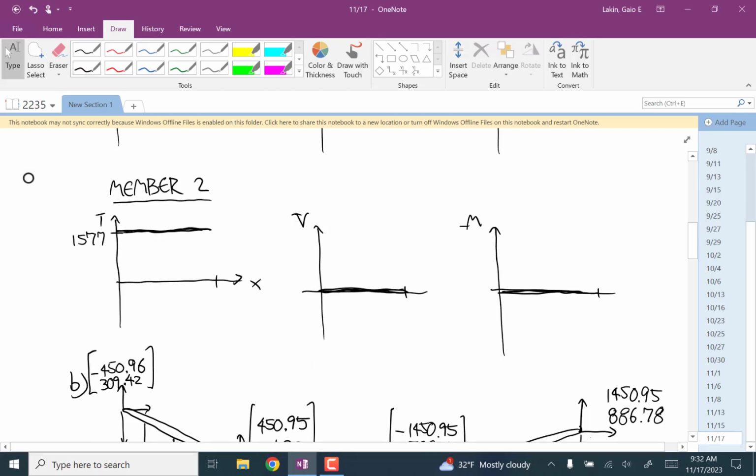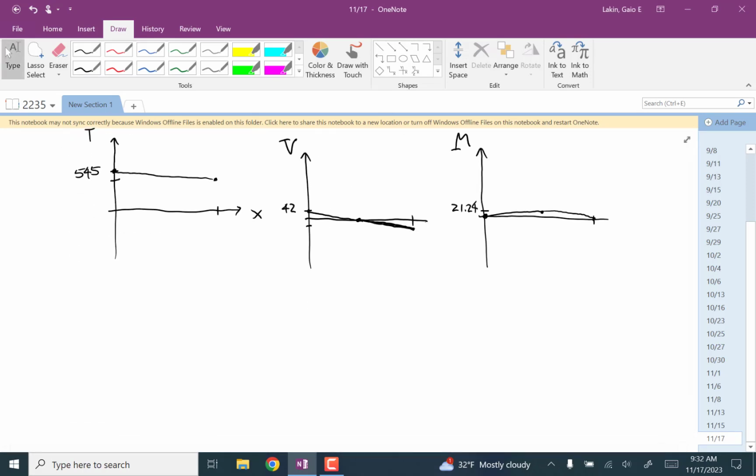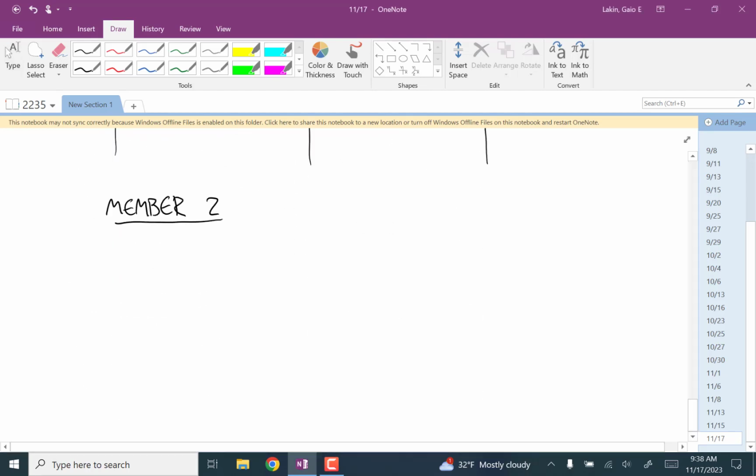Okay, let's do the other member. Well, let's just go all the way through it this time. So why don't you go all the way, transform the coordinate system, calculate the internal loads, and then we'll just compare. So we can get this done and then do the quiz. All right, so for member 2,